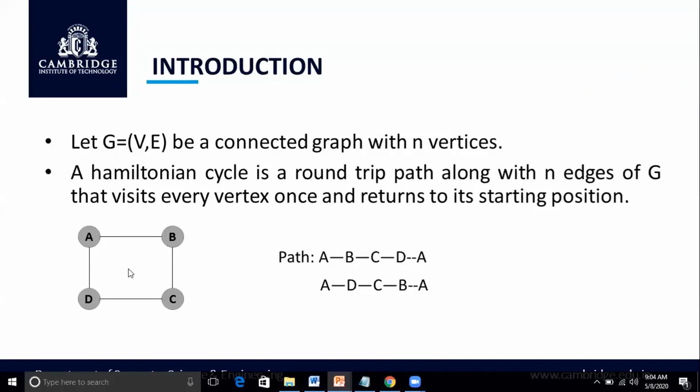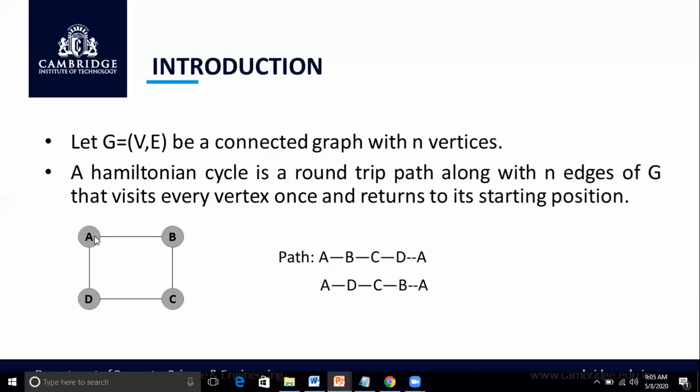For example, I have taken a graph here, ABCD graph. Can you all see the screen? Yes, sir. Now I need to visit these nodes only once. Consider these nodes as cities. If I start at city A, I should visit all the other cities only once, and after visiting all the cities, from the last city, I should directly reach the source city. Such a path is known as a Hamiltonian cycle.